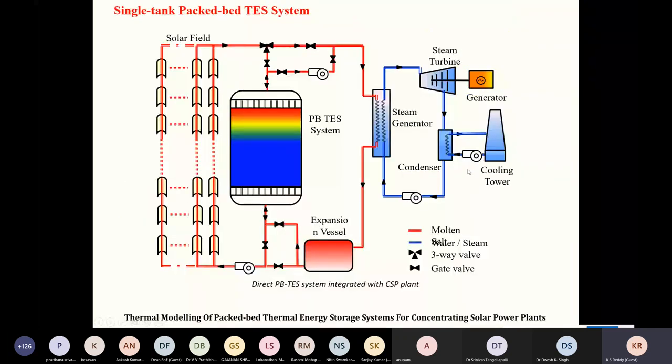If you connect them into a single tank, it looks like this. There is a distributor, and the fluid moves during charging. It moves here, and in discharging it moves in the opposite direction. There are some expansion vessels, and this one is the power plant cycle. And this is a solar parabolic trough collector field, and the excess energy produced is stored in this tank. You see it's charging like this. It's a packed bed, and it moves like that. So therefore, filler material is very important.